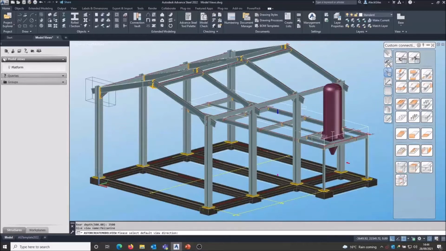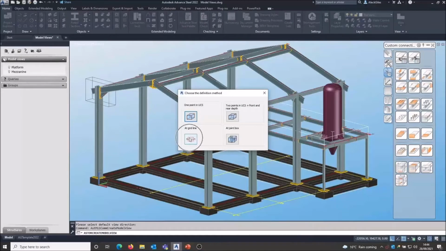So you can see now there's coloured arrows around the box. It's drawn a white box for the area I defined, and it's got arrows on each side of that box. Red one there, pink one at the bottom, blue one looking down. And I'll go for the plan view, so I'm going to choose the blue one looking down and accept that. So now I've got the model view for the mezzanine. Third type of model view,